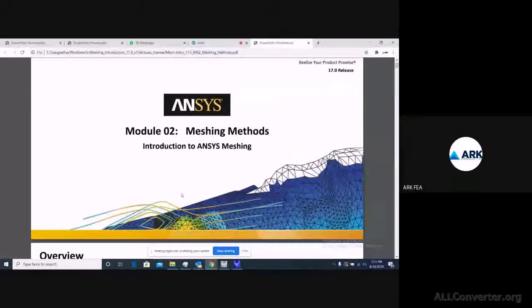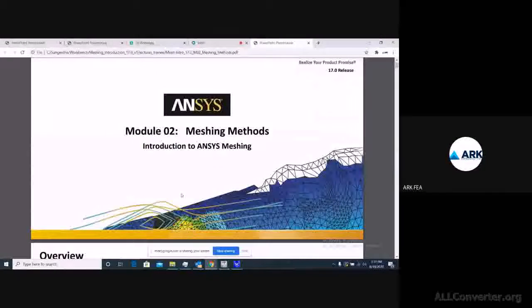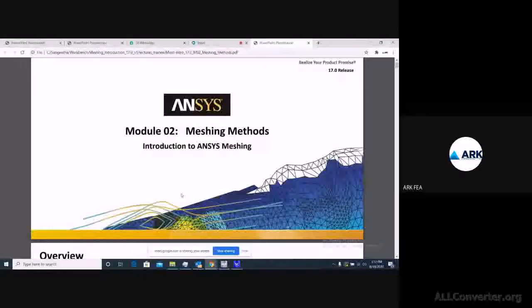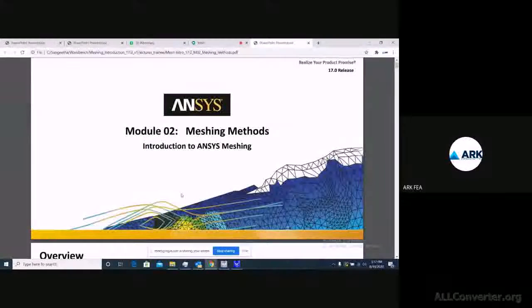So when we talk about meshing generally, we try to discretize our geometry into small pieces, and those pieces, in terms of CFD, we deal with as control volumes, and in any other simulation we deal with elements. So for that we discretize, as I told you.